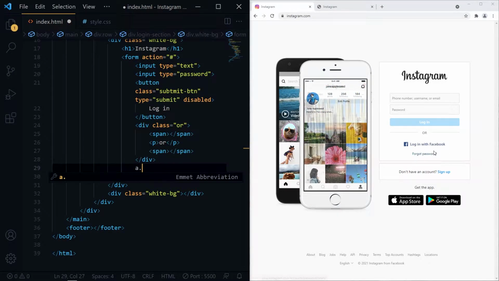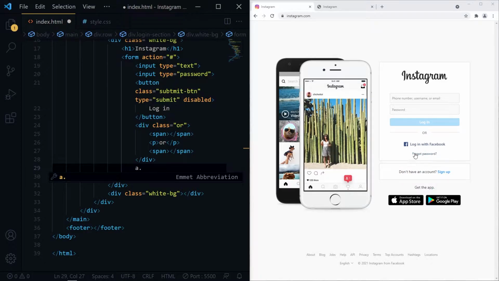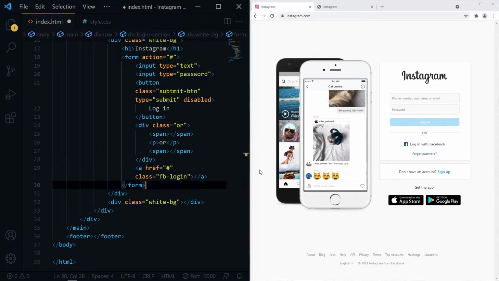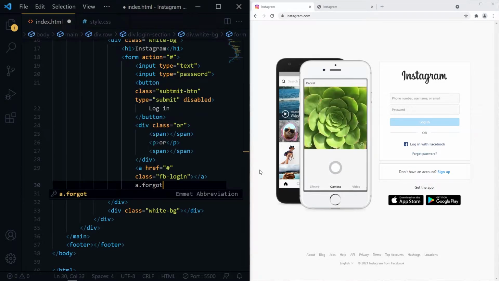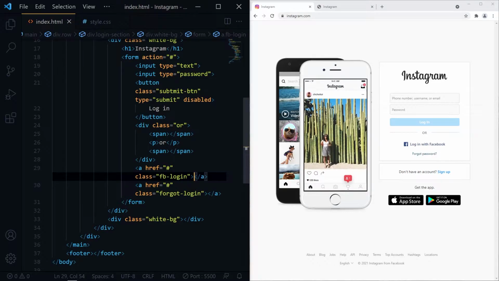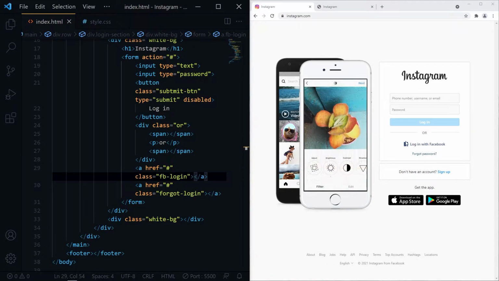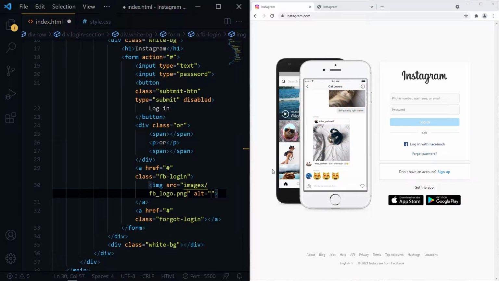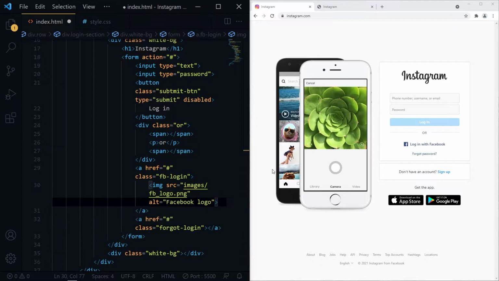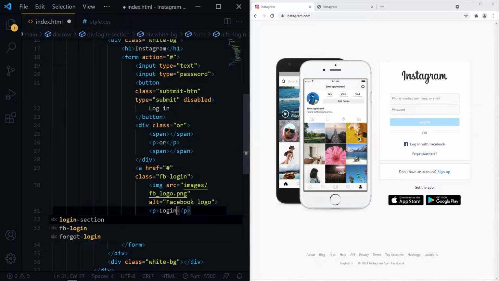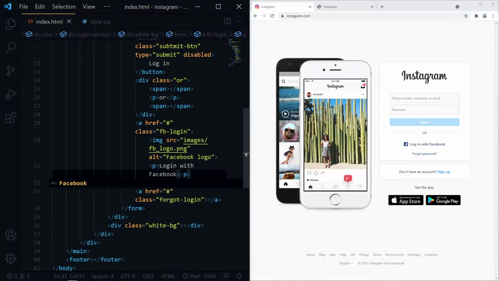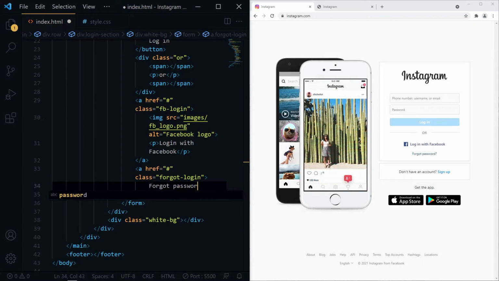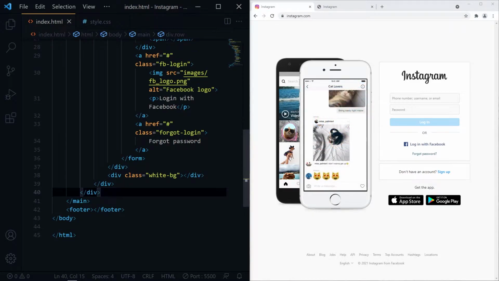For the first one, I will give class name FB login, and second one forgot login. In the FB login anchor tag, we have Facebook logo and text. And for forgot login, we have only a text. Our first white BG contents are finished.